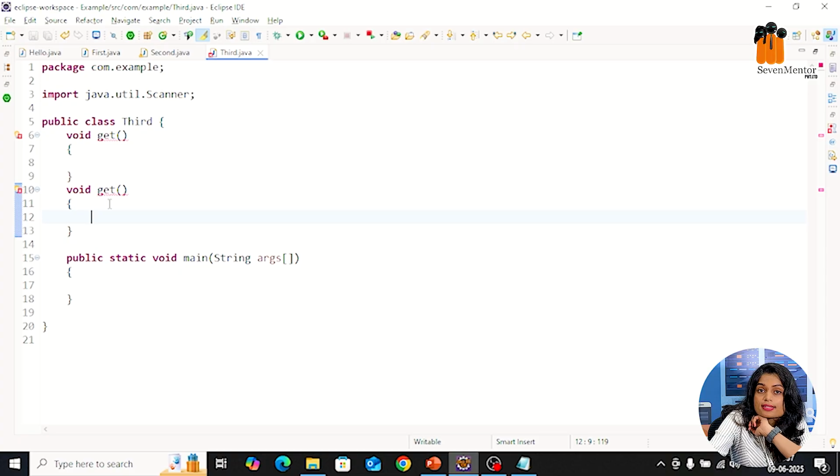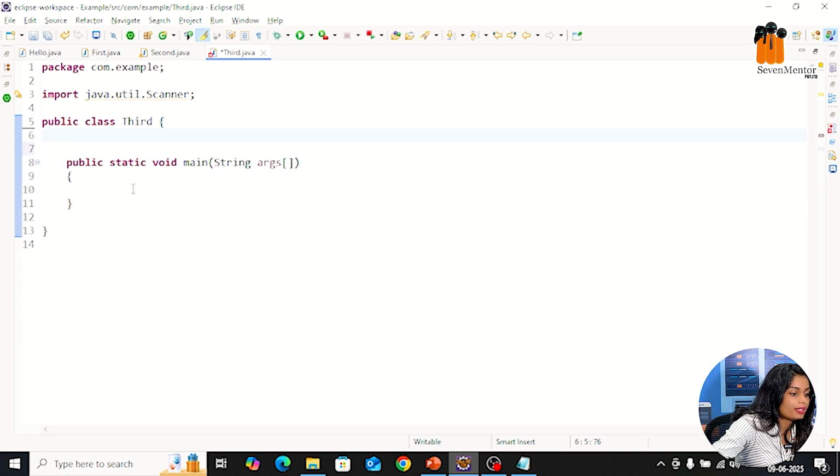Then how can we say that I want to use overriding, but with the same method name and same parameters? How can you access it? For that we have inheritance. So to access overriding, compulsorily we have to go with inheritance. So that's why we will just remove these methods from here.